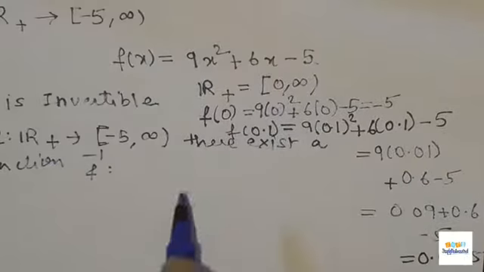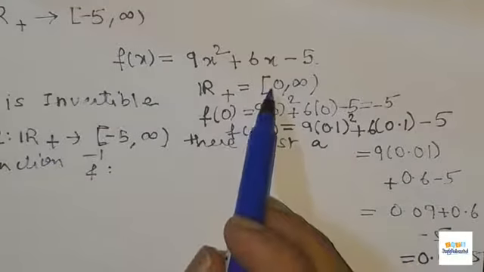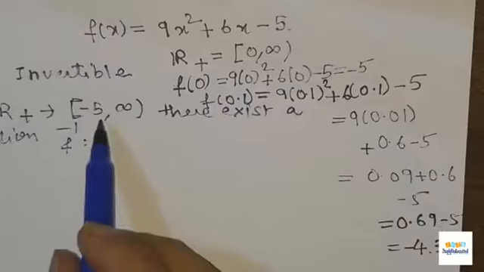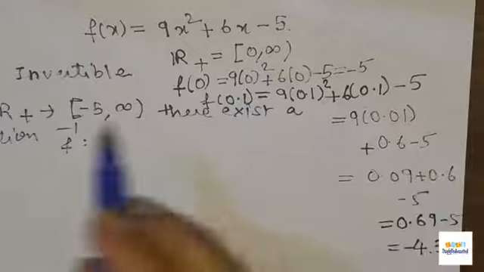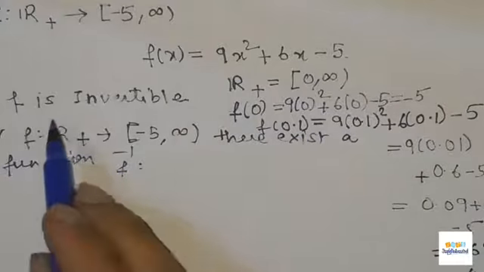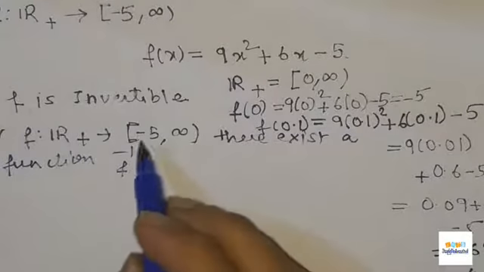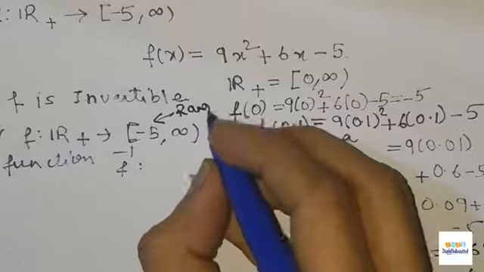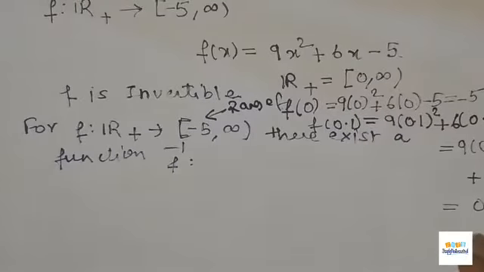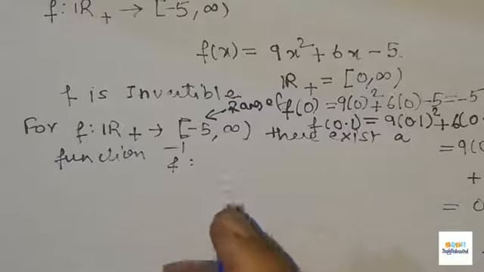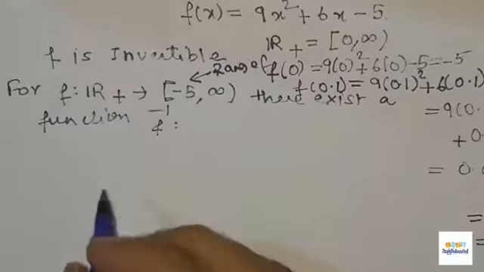So -4.31, you can see that it lies in this interval. Also if you look at -5, it also lies in this interval. So you can see that the function values of this set will all lie in this set only. So this set is nothing but the range of f, that we have to first confirm. Okay, this is very important. So first we have to confirm whether this is the range set or not. Like this we can confirm it. So yes, this is the range set for this example.